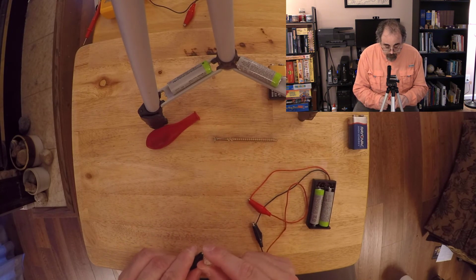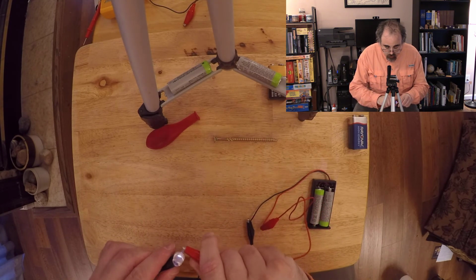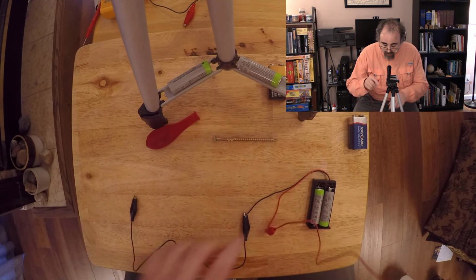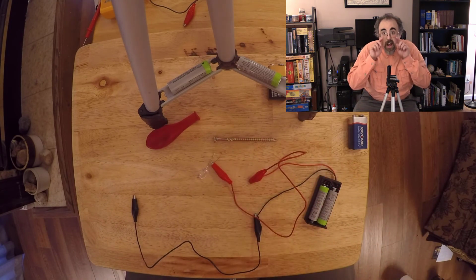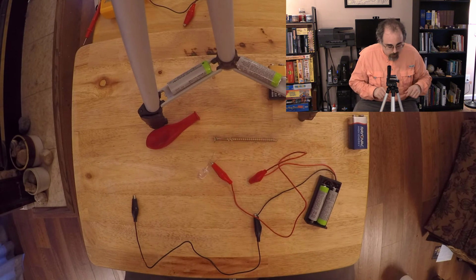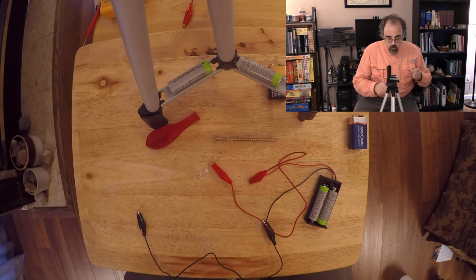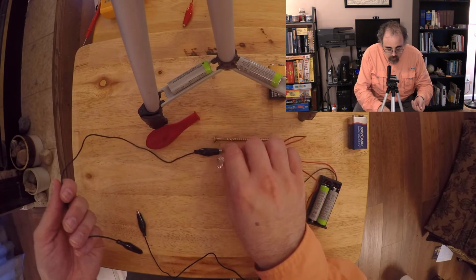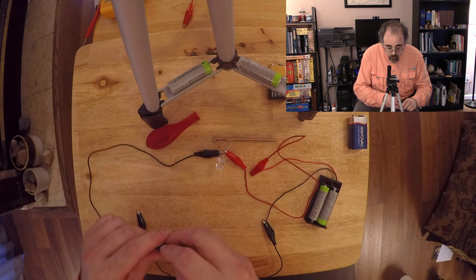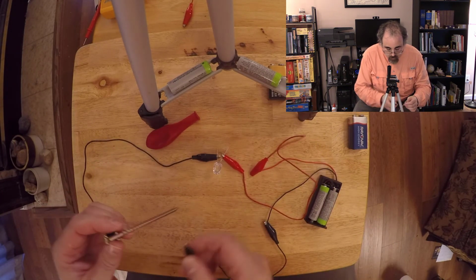Now, with these guys, traditionally, we don't do anything interesting on the black side. The return is usually left kind of benign. We just let that go straight back. So now I'm going to grab another wire, and I'll plug that in. Alligator clips, something you can grab on Amazon. They're pretty cheap. And I'm going to stick something in between them, like this